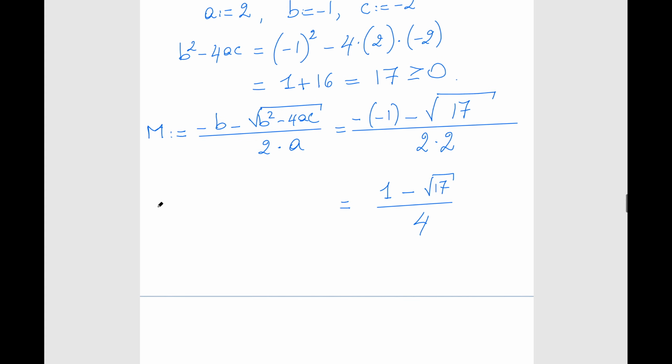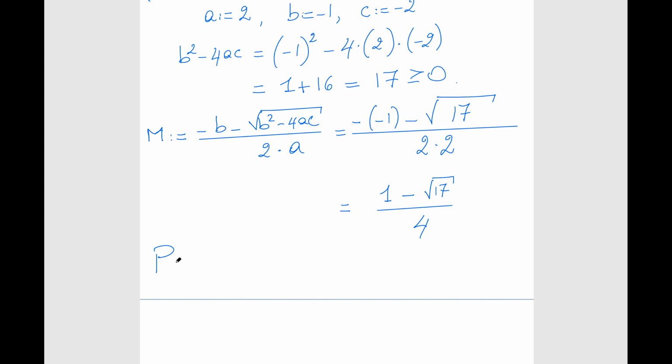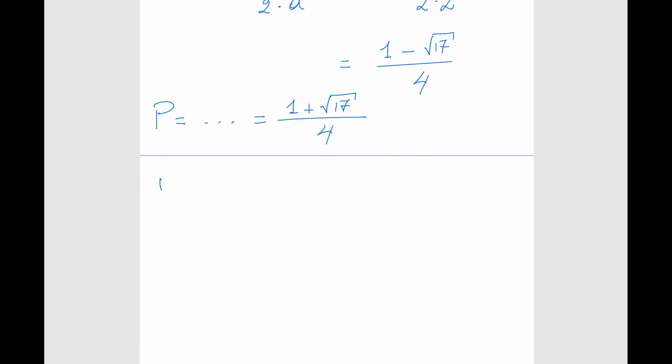And remember the funny cousin P is very similar to M, but the only difference is that this guy is a plus sign and that guy is a minus sign. So if you tweak this to a plus, you're going to tweak this to a plus, and ultimately you're going to tweak this to a plus, and hence the quotient P is going to be 1 plus square root of 17 divided by 4, right? Okay, so these are M and P, and therefore